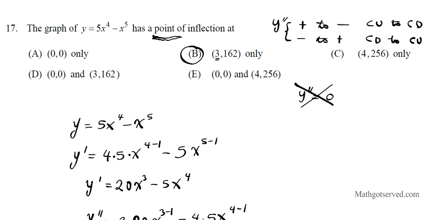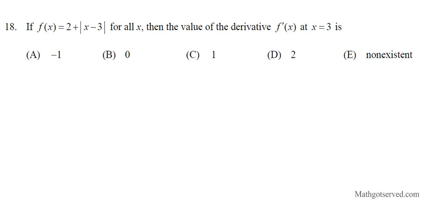Alright, let's move on to the next question, question 18. It says if f of x equals 2 plus the absolute value of x minus 3 for all x, then the value of the derivative f prime at x equals 3 is. Now, if you know what the nature of this curve is, you should be able to do this without doing any work. Okay? So,